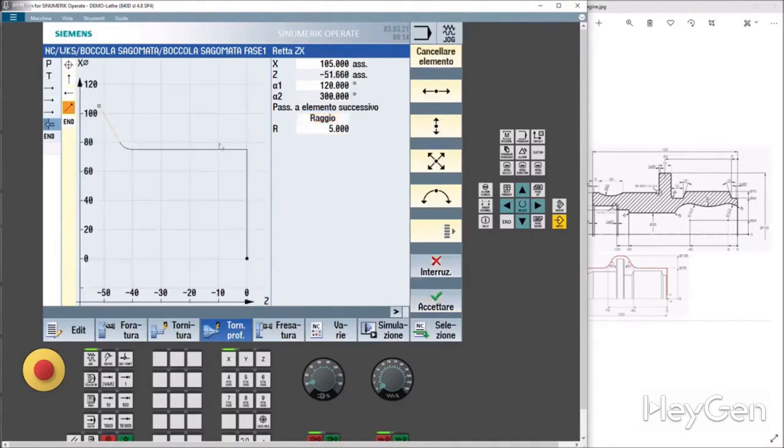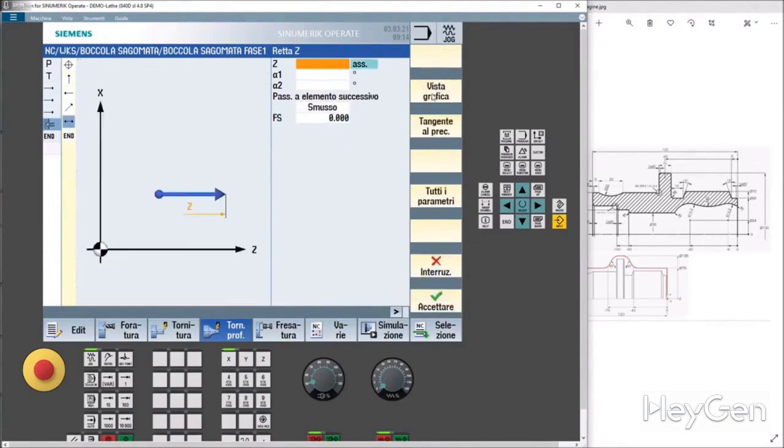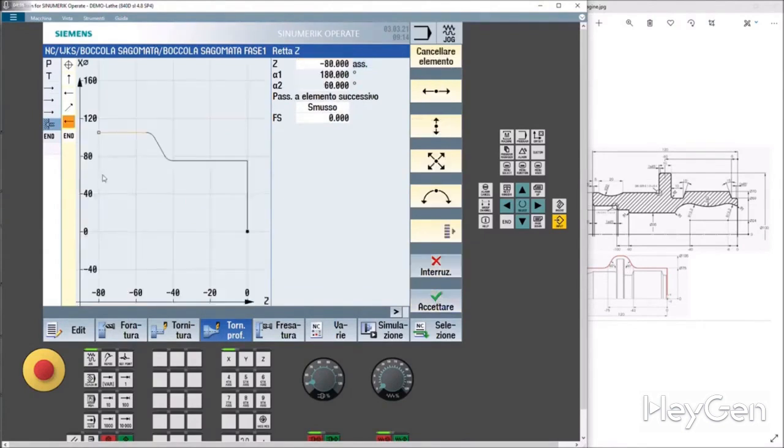We accept here. In less than 60, we make it 80, so Z80. We accept. Here we are. Maybe minus 80 was a bit too much. But basically, we need to work up to here. So that works for us.